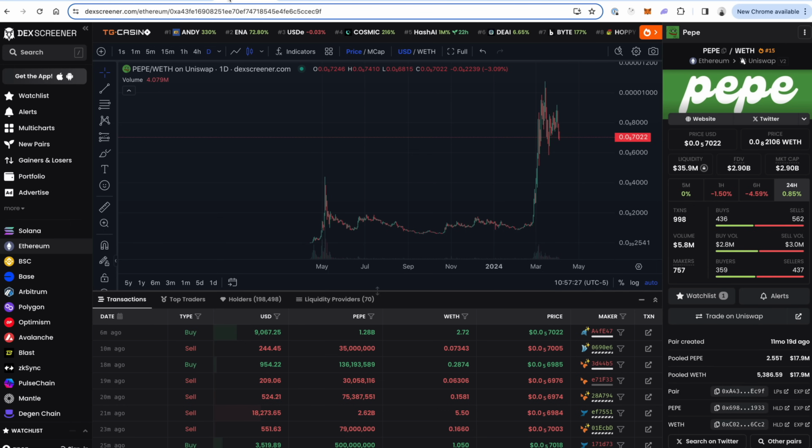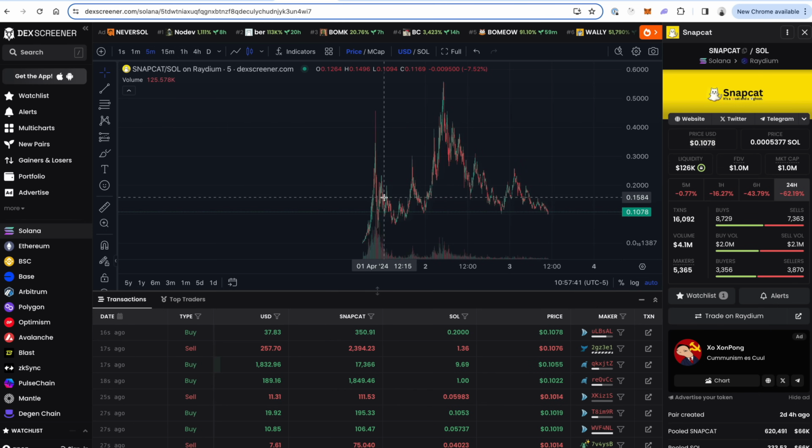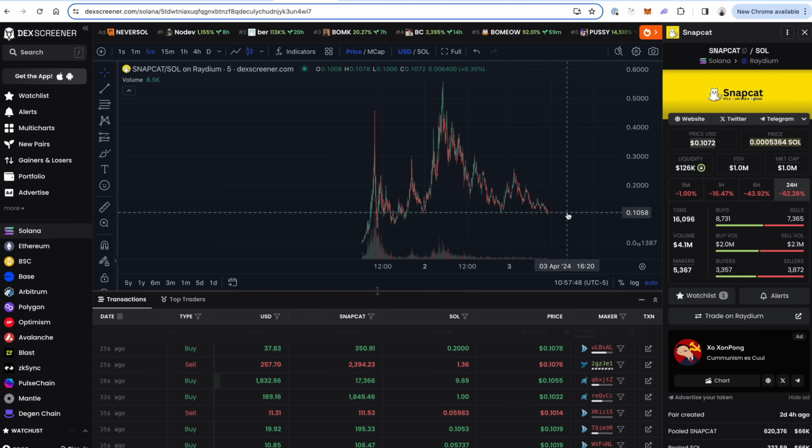So you have one or two strategies. You can take an existing meme that nobody else has already done and launch a coin around it, or you can come up with a new meme. You can see an example here. This is Snapcat. This is a coin that just launched within the past few days, which has seen some pretty significant trading volume, a pretty big pump, a little bit of a dump here.